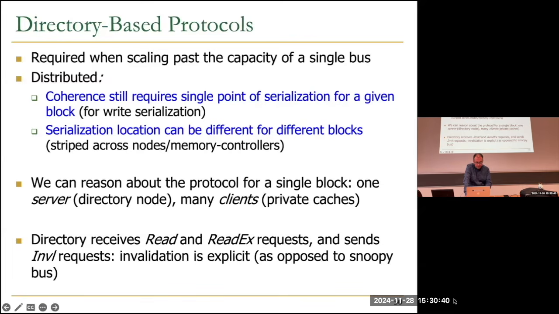Another point that I wanted to mention here is that with a directory, you can easily update your protocol. With a snoopy-based one, for example, if you want to go from MSI to MESI, you cannot. You just need to redesign the whole thing. But with a directory, you can have some storage whose bits or data show how you make decisions. It can even be software code or something like that. You can just update that, and then the policy can be different.